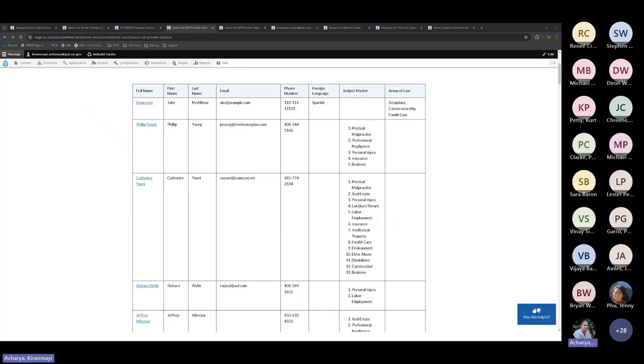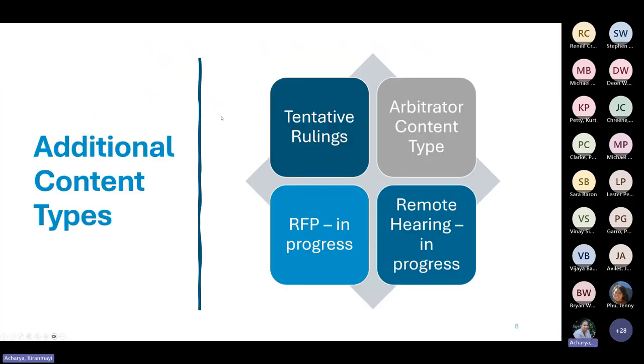The next one is actually RFP. This is actually in progress and it's not ready yet, but this is something which we have been working on, and we wanted to just kind of gauge your interest on this one. This feature was specifically released or is going to release for our courts migration, and it's still ongoing. And although it is available on trial courts, we still are working on the styling and the CSS